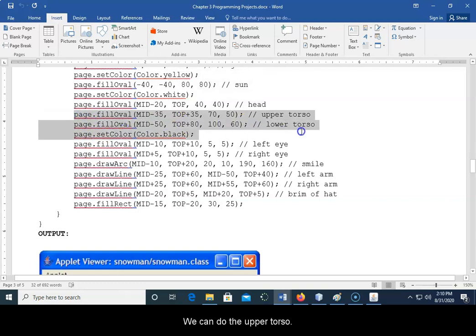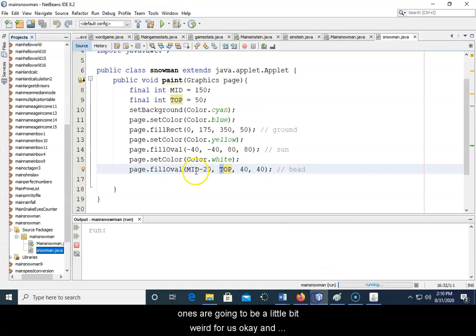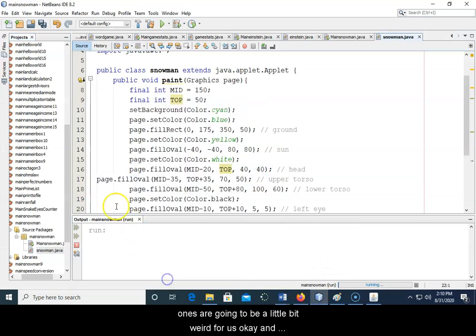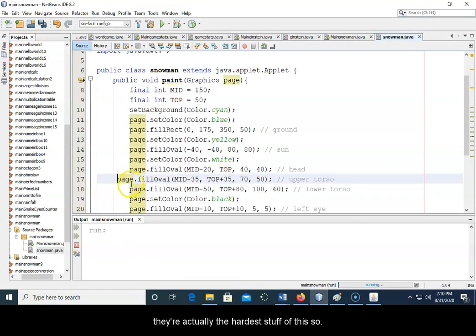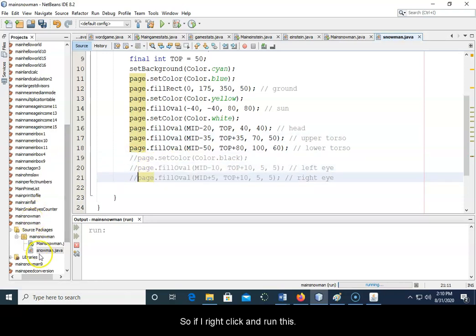We can do the upper torso, left eye, right eye. Okay, I'm going to do all these together because the next ones are going to be a little bit weird for us, and they're actually the hardest stuff of this. So let's do this. If I right-click and run this,